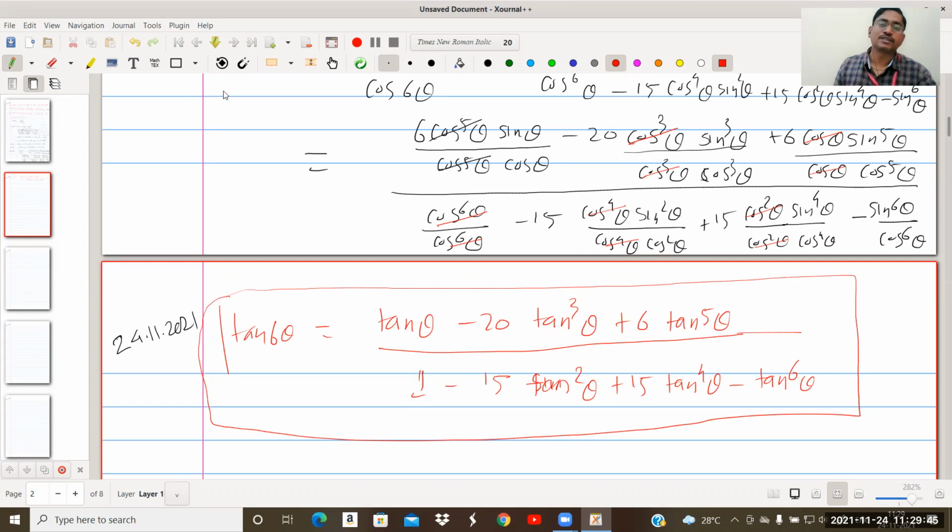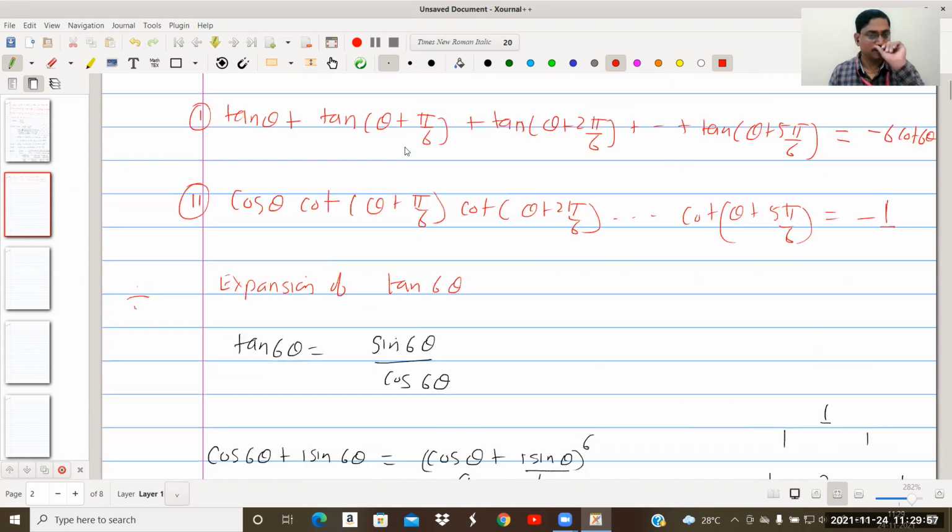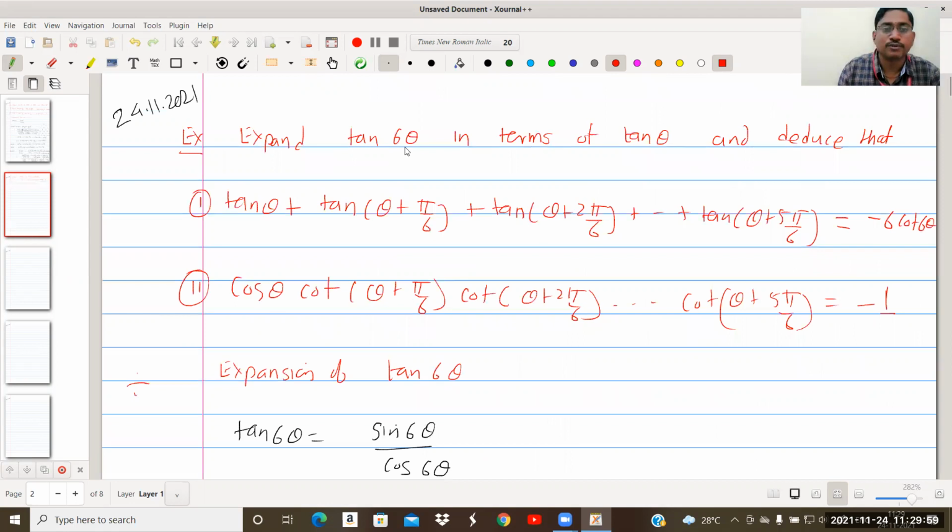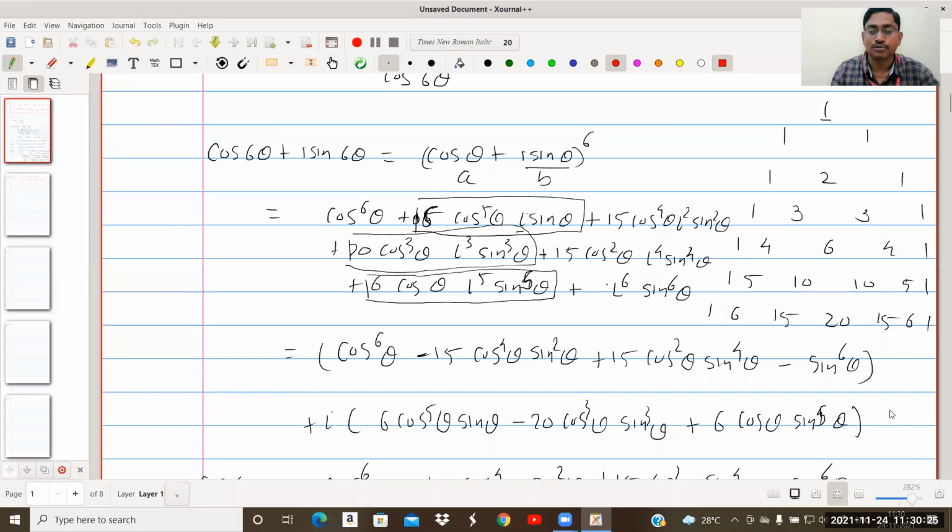Or if you remember the cos θ, sin θ formula, there is no need to keep in mind the last term, or what happens when n is not even; you can treat all problems like this. So this was the first part, where we wanted to expand tan 6θ in terms of tan θ. Now observe these values. I can call these values alpha. These are a total of 6 values: θ plus π/6, θ plus 2π/6, θ plus 3π/6, θ plus 4π/6, and θ plus 5π/6. We have to apply some knowledge of the solution of equations here.